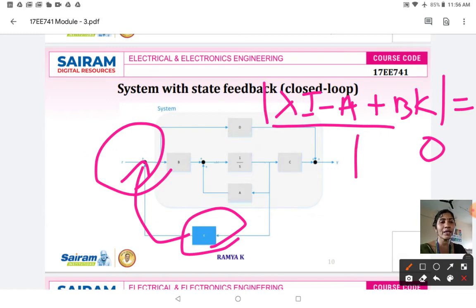Comparing the desired characteristic equation with the original characteristic polynomial equation, it is possible for us to obtain the state feedback gain called K. So here, identifying the value of gain K is not a trial and error approach as in case of the controllers we have done before. Here the accurate value of gain can be calculated with the available parameters of your poles and the eigenvalues.